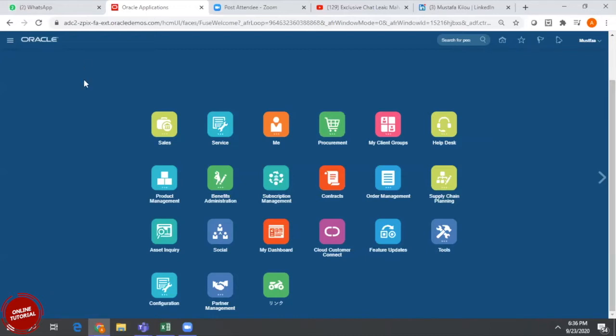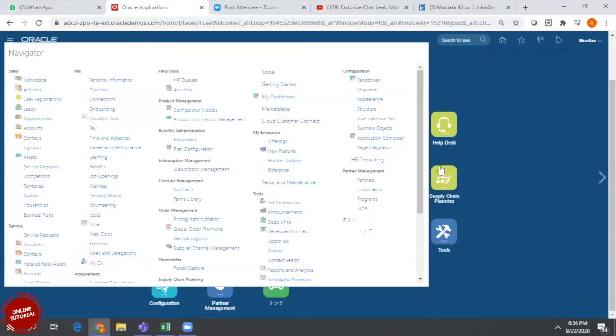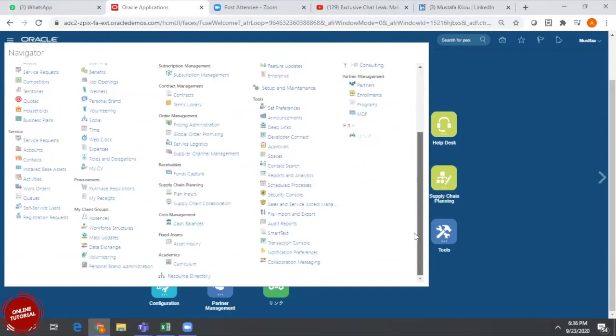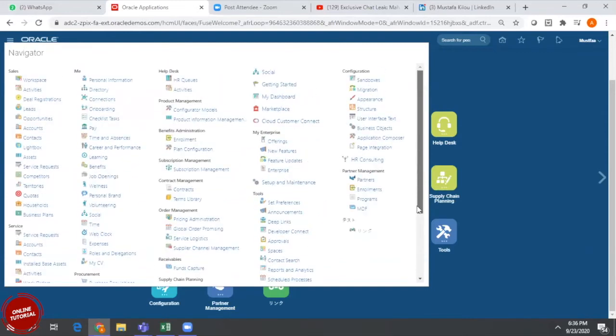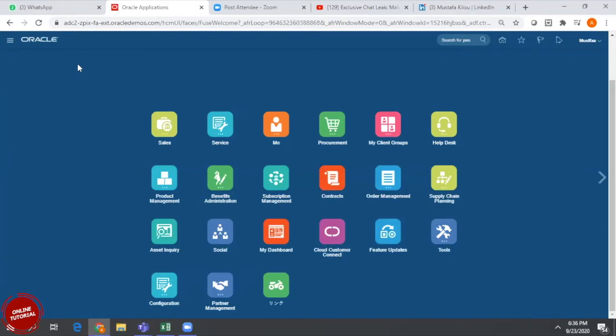If you want to access any application, we need to go here. There is a navigator available. We need to go into this navigator, and accordingly perform the required configurations or setups. Here we have access for two things.